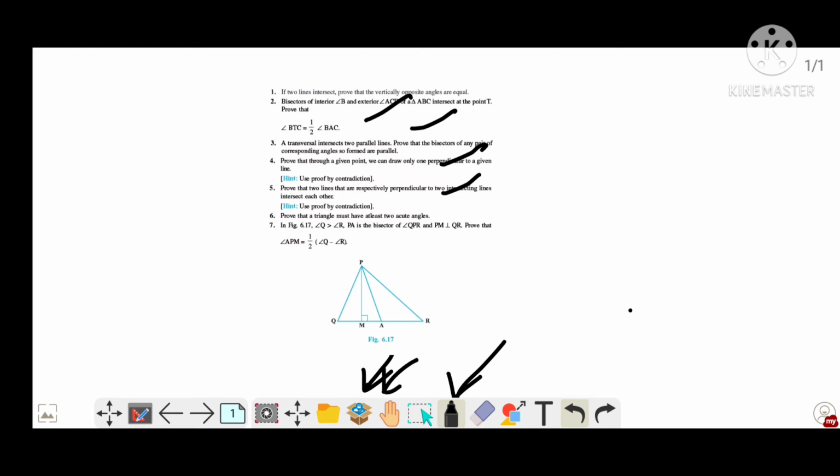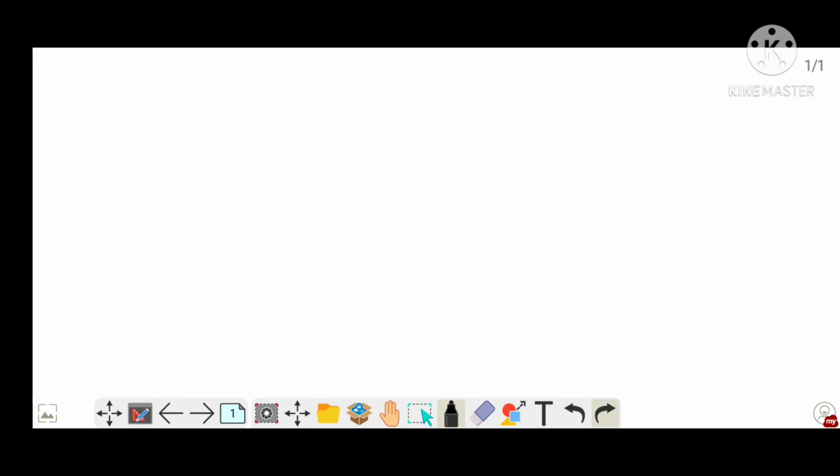By tapping on this, you can also share any photograph from your phone on the screen and write on that to teach students about that picture or some parts of that picture. Next major option is this. By tapping on this, you can select anything, any text written by you, anything written on your screen can be selected and moved. You can move by tapping on this icon.